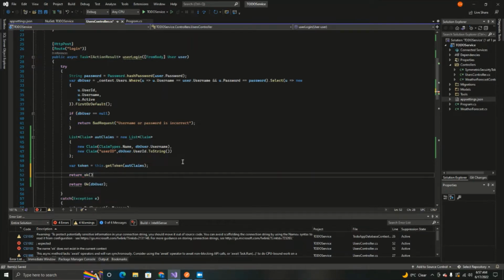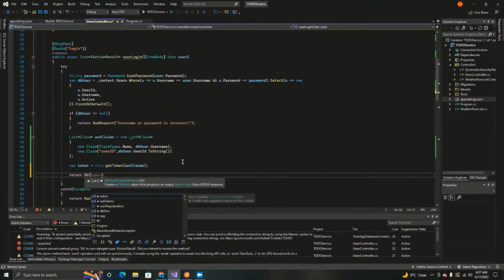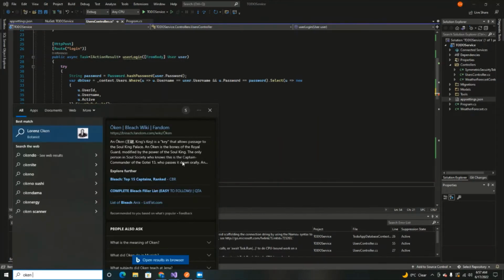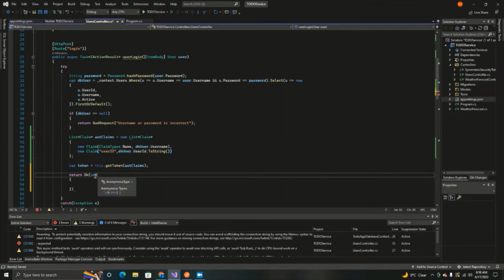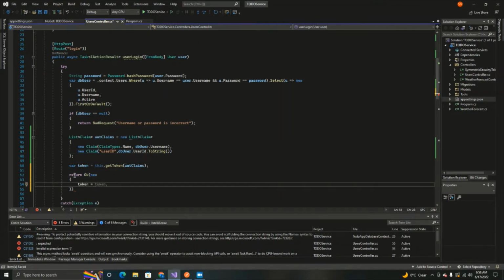So how we do that is actually create a return. OK, should have done it there, but I'll just create another one. Return OK, and then this will be a new. Then for our token, sorry for that. Then for our token, we want to return our authorize our actual token. So how we return our actual token, we'll use a new JWT